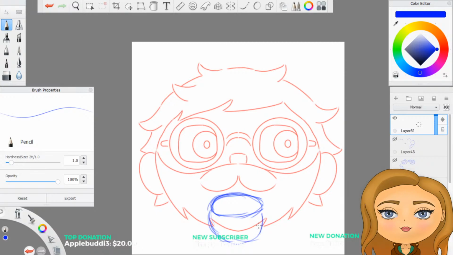Some kind of mug. It doesn't have to be anything in particular. Actually, no, it doesn't even need the handle technically, because you're gonna have Animal Crossing hands to cover that anyway. And it's like steamy coffee.